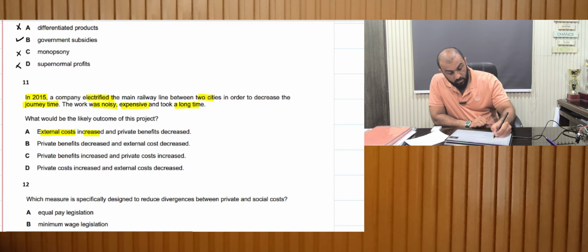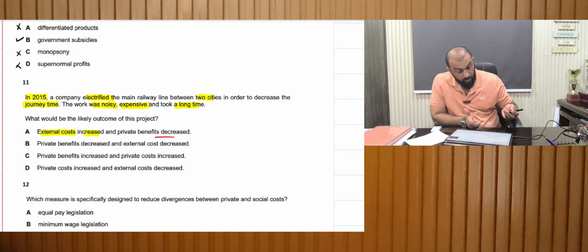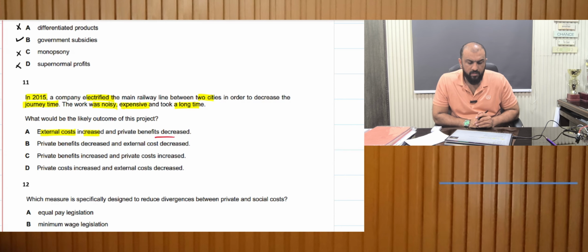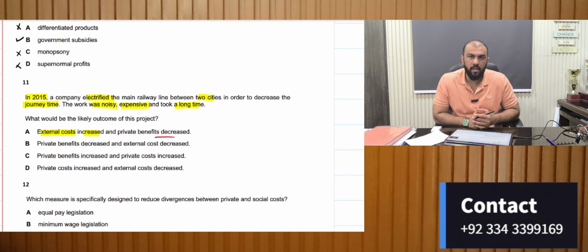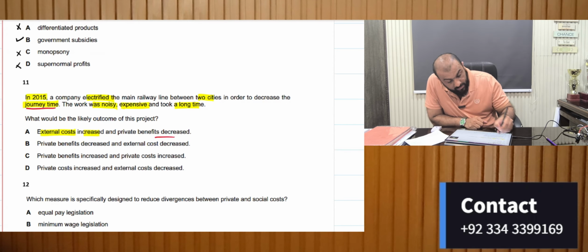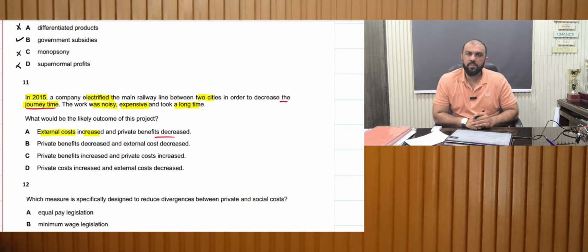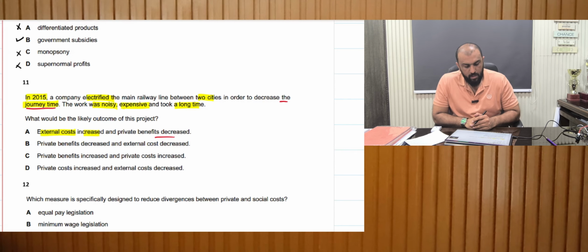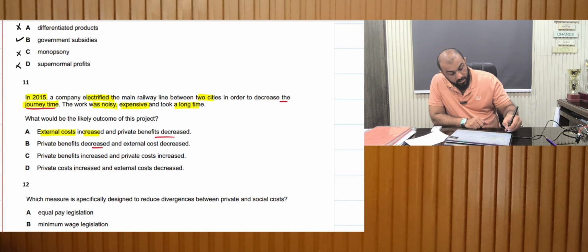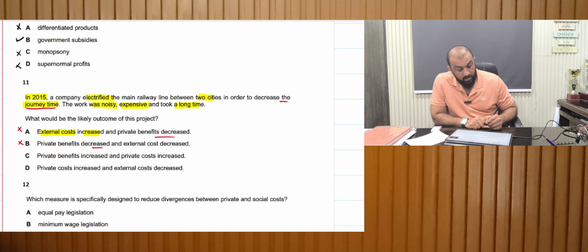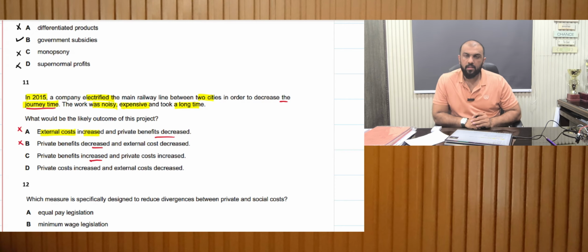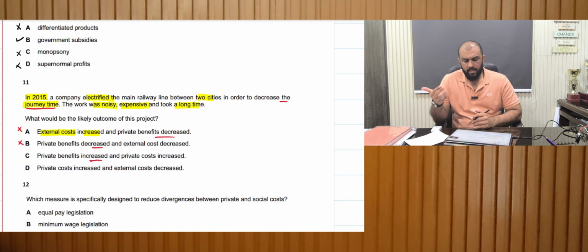Private benefits have decreased. Well, we don't know anything about the private benefits at the moment. And we can say that the private benefits would increase. Why would they increase now? Because the journey time is taking less. So each individual that is making a decision to travel will now be able to travel in a shorter time. So private benefits would increase rather than decrease. And B is incorrect because it again states private benefits would decrease. The private benefits will increase, right? They will increase